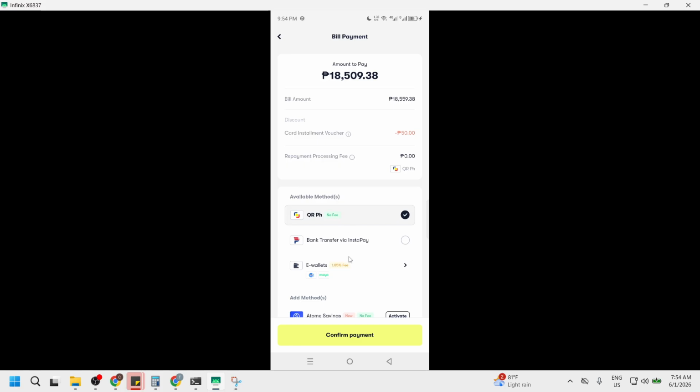From this list, choose QRPH. Be sure to select that option specifically, since this is what tells the app to create a scannable payment code instead of directing you to a different payment method. If you see multiple options on screen, take a quick moment to verify that QRPH is the one highlighted before